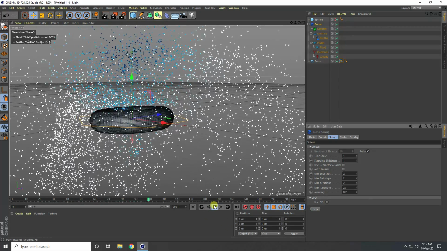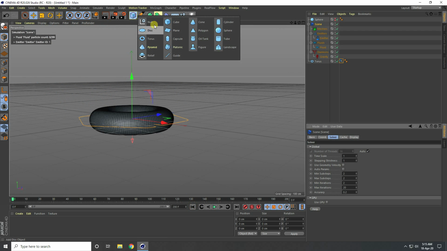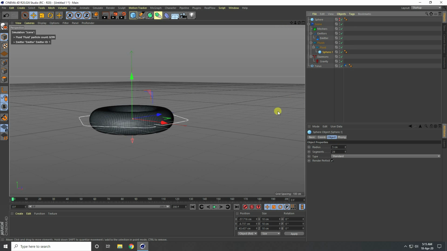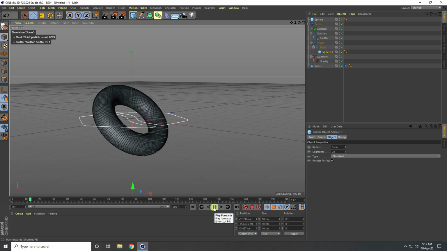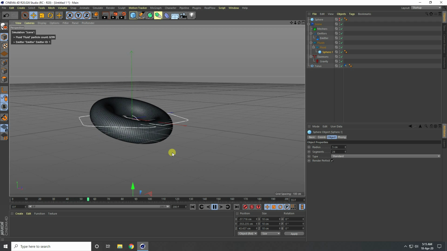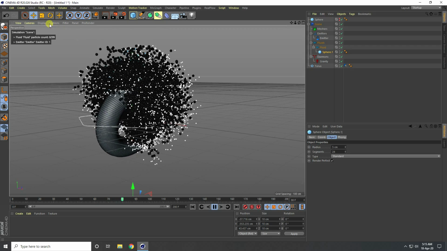Okay, so guys, now I apply a sphere on the particles. So stop, and guys, I take a sphere and sphere radius I take like 5. Guys, select this sphere and make it a child of the fluid, this one. Yeah, and guys, select this sphere, actually this one, and go to out of frame. Yes, and guys, play. Yes, see guys, that's my particles.